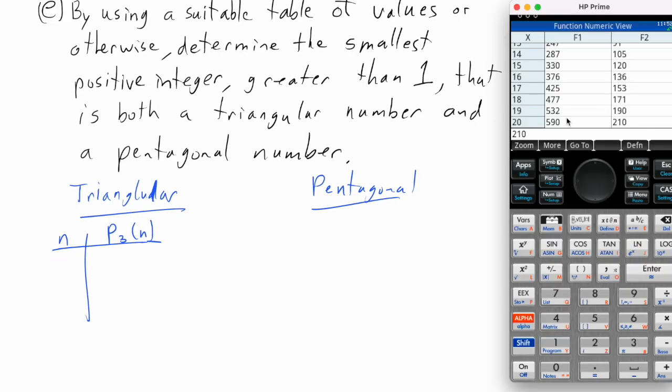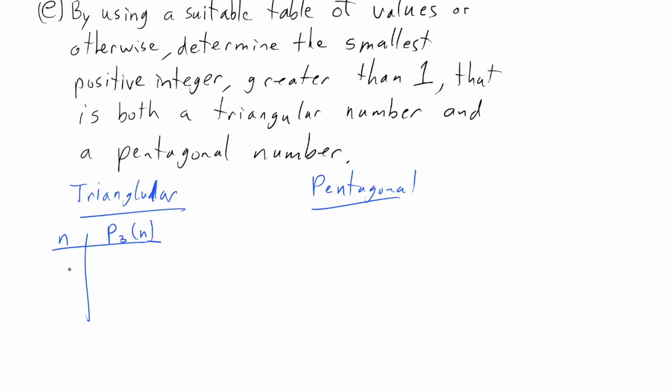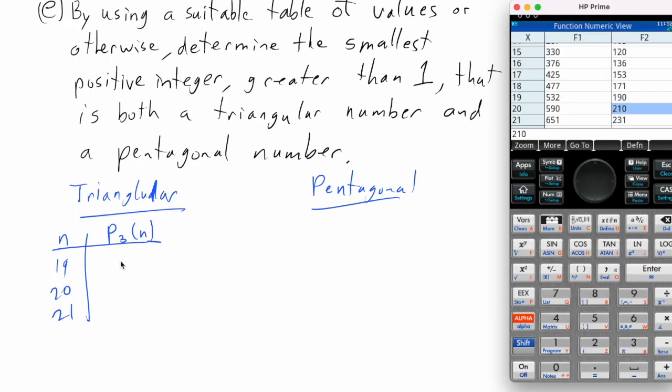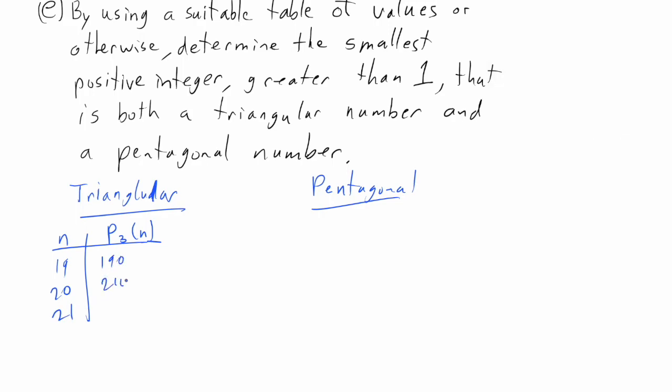So our triangular number was number 20, so let's just do a little snapshot around 20: 19, 20, 21, 190, 210, 231, and for pentagonal,